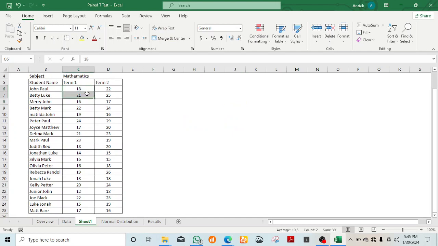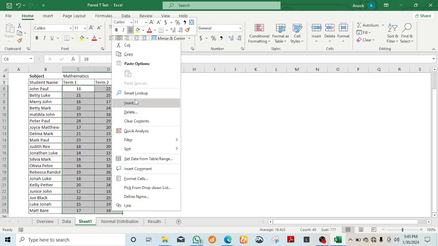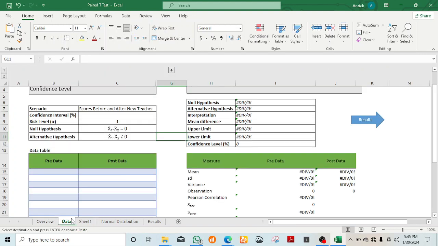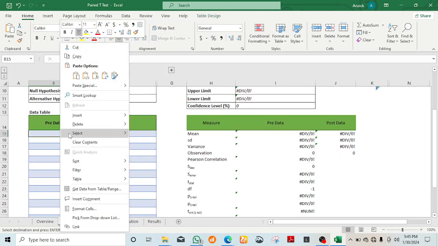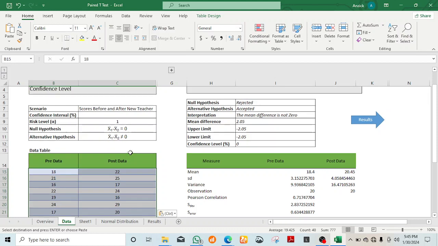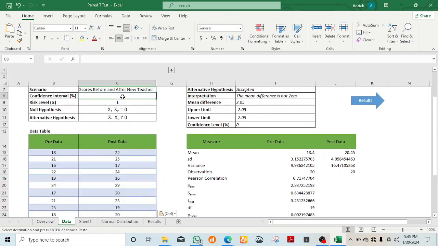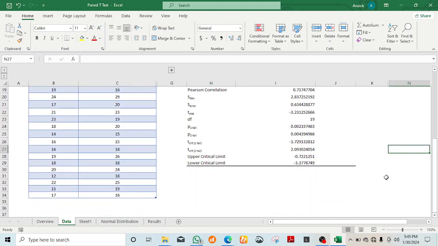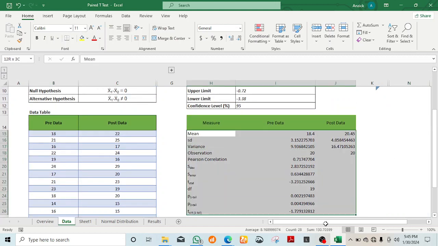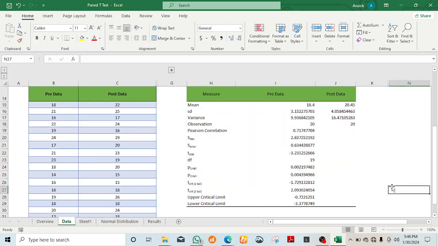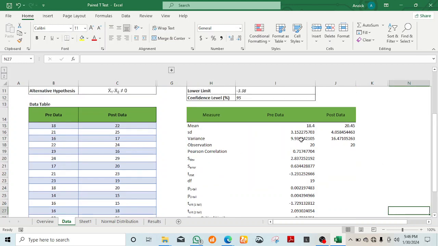So we'll copy this data, we go to our table here, we paste the values here, and let's carry out this test at a 95% confidence level. Like I said, since this is a template, everything is set up, so voila, here are the results from the test. If you look at the results, the mean score for this data set